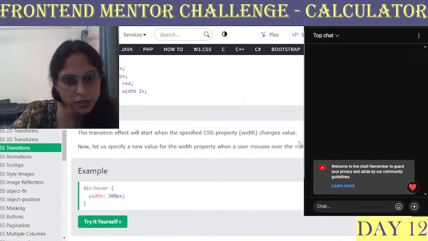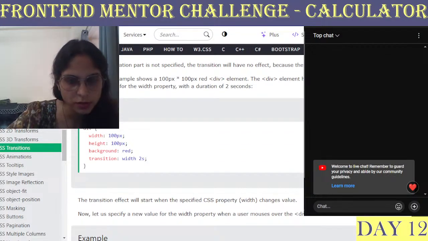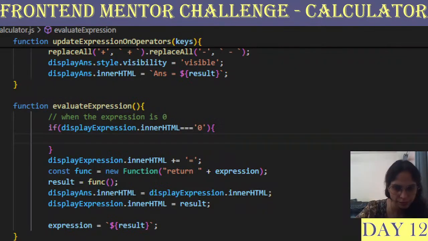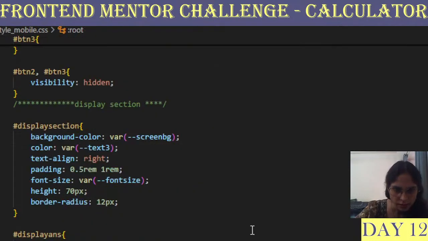When on hovering, they're changing the width. Okay, so let's go to the style, display ans.